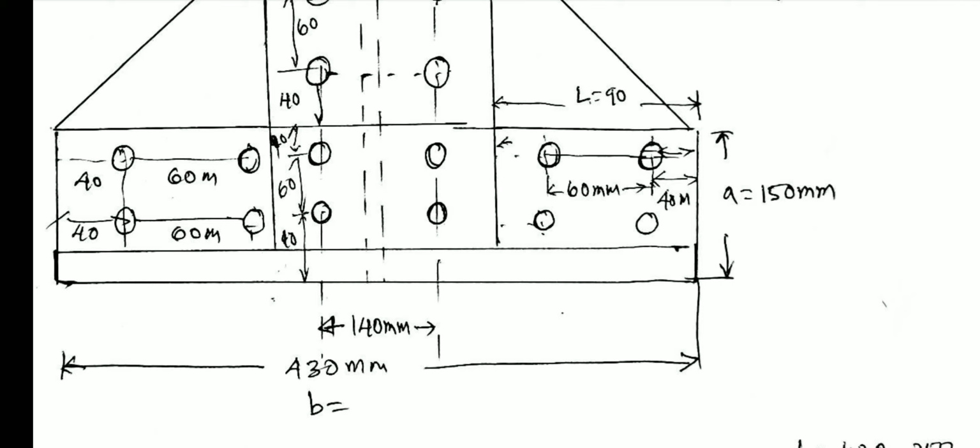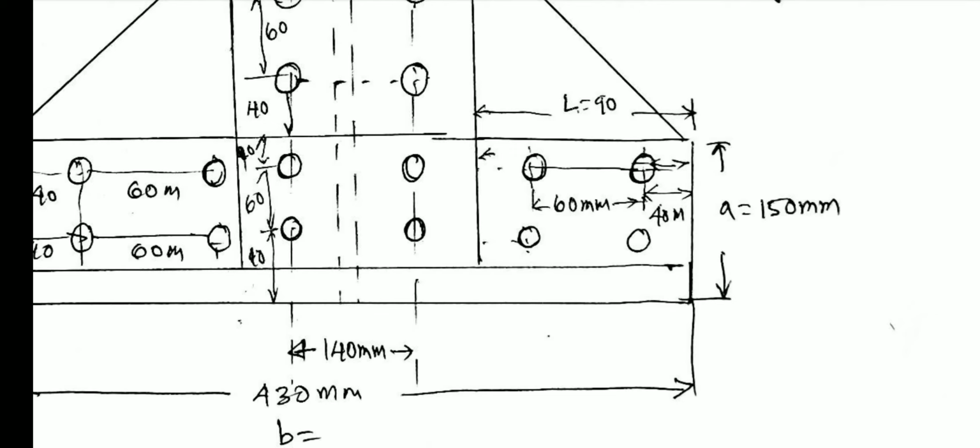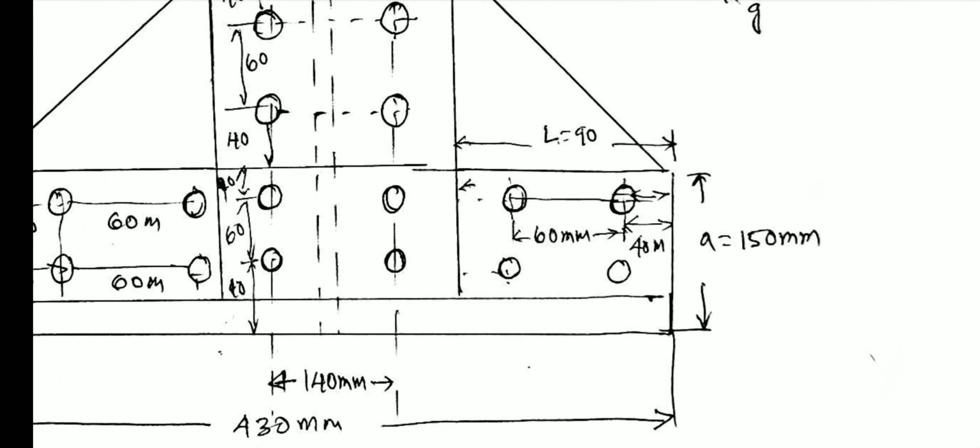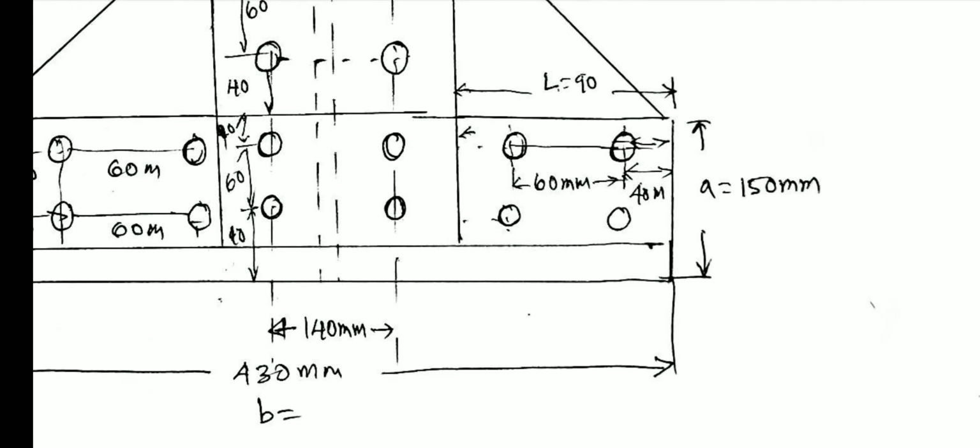So that's why, to arrange the number of bolts here, you have to increase the size of the length. You can increase it by 10 mm. So you can increase the overhang length, or you provide only a single bolt, that is also correct. If you adopt only a single bolt here, that is also good. It means that after a 40 mm distance you provide one bolt, with a distance of 60 mm.